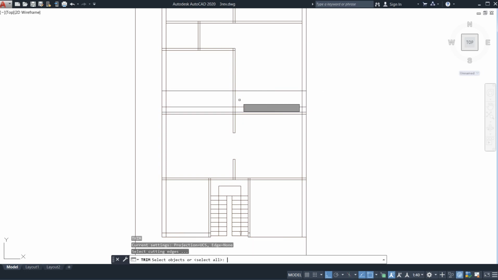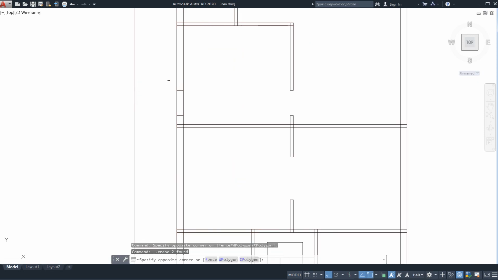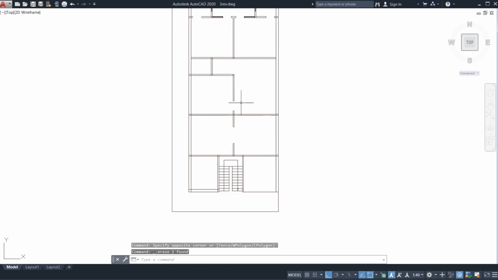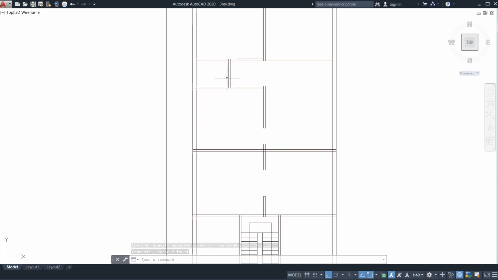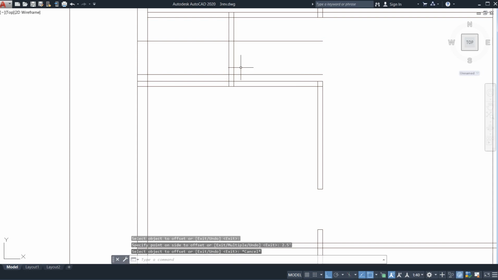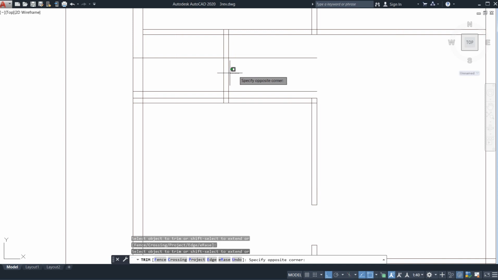After that trim it. After trimming this, what I need to do, here just go for it. Here also just do it like this. See, my everything is almost done. Offset of 6 inches. If you need store, so I'm going to tell you how to do this also. So now what you need to go, just go for trim it, just trim this.